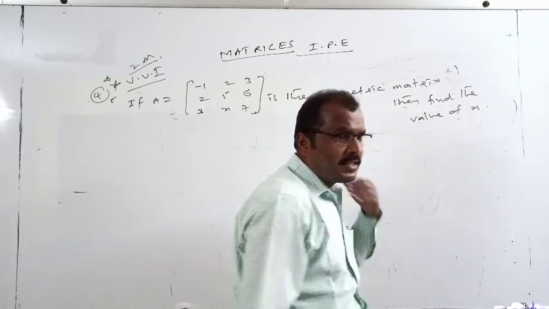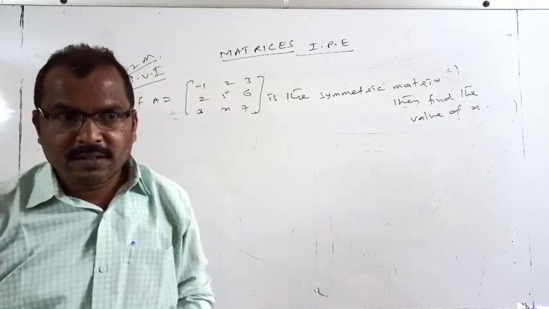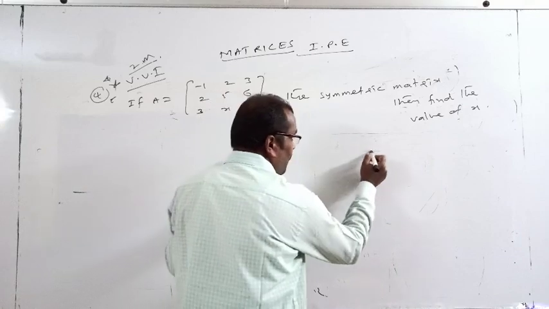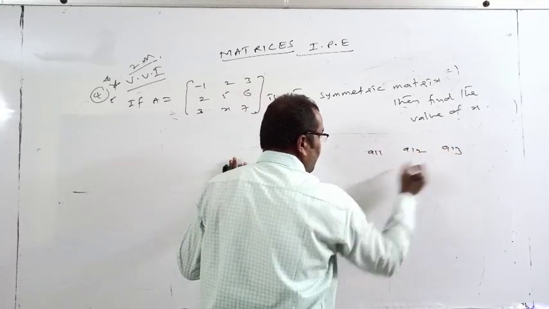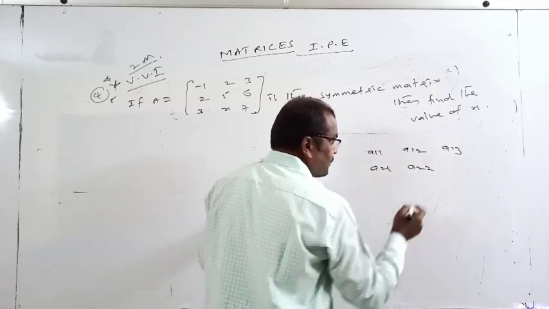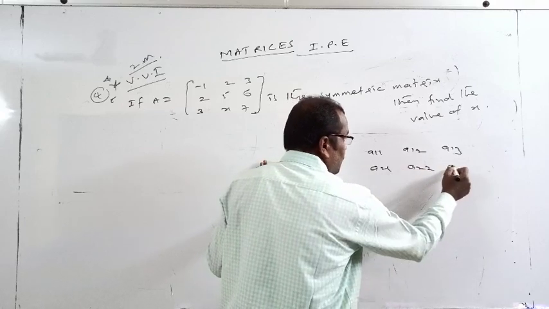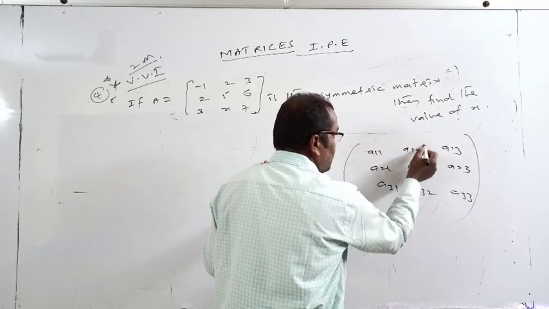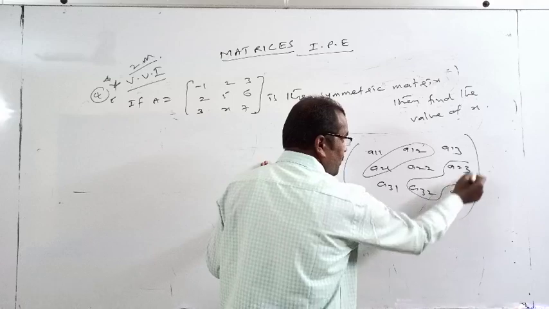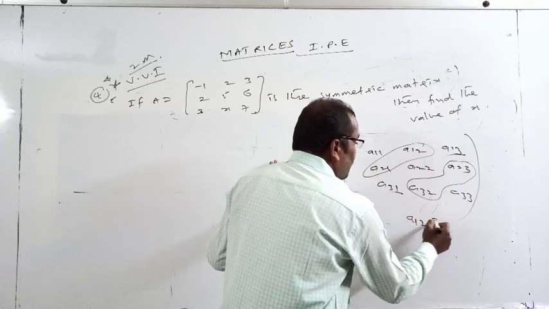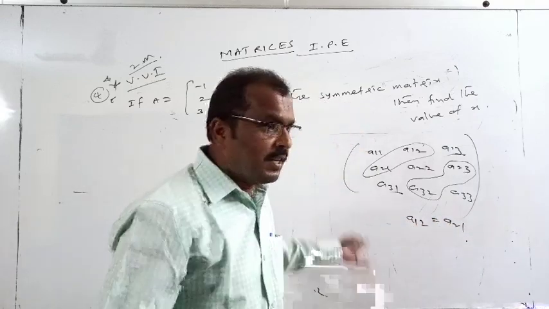So you can say the answer by using the properties of symmetric matrix. So what is the value of x? So already we have seen the one property, A11, A12, A13, A21. See the properties of symmetric matrix. Whenever it is a symmetric matrix, these two elements must be same. A12 is equal to A21. Symmetric matrix. So like that, see this one.